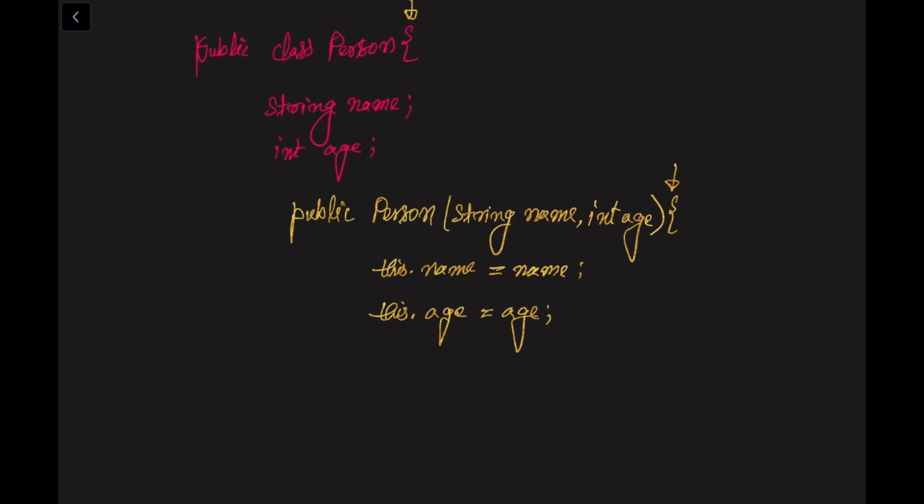And for the sake of understanding, just let me tell you, this name is the argument's name, and this dot name is the name of the object which is calling this constructor. And this is the age of the argument age, and this dot age is the object which is calling this age. Yes, I hope you got my point. Okay, let's use a string type